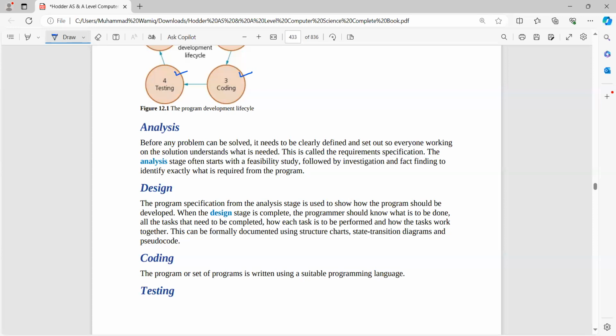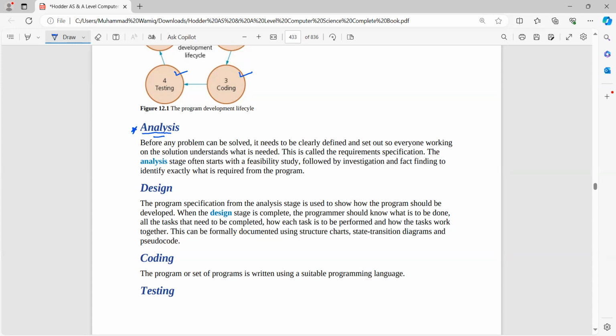So the first thing, before initiating any task or any program, is that we analyze it. Analyze means that before any problem is solved, it firstly needs to be cleared out, so that you know what direction you are taking and how you are working on that. For example, you are having your computer AS level paper 2. The first thing that you will do after receiving your Cambridge paper in your examination hall is analyze it. Analyze means you are clearly setting out what directions, what solutions I can work on,